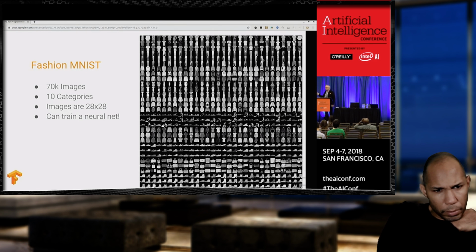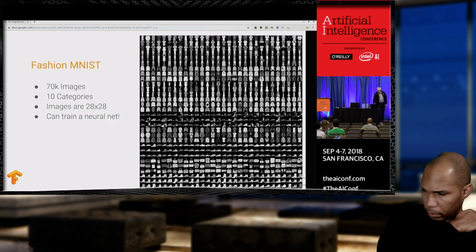And a lot of the research that's gone into this data set, they've actually been able to train it and show how to train a neural network that all you need is a 28 by 28 pixel image for you to be able to tell the difference between different items of clothing. As you're doing probably right now, you can take a look and you can see which ones are pants, which ones are shoes, which ones are handbags, that kind of thing. So this allows us to build a model that's very, very quick to train.